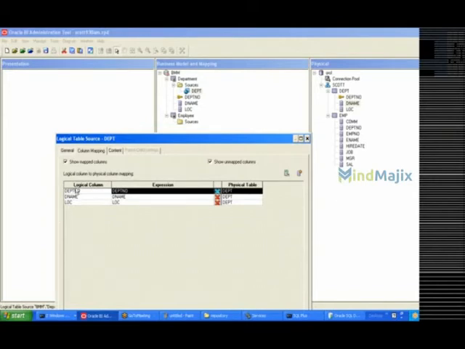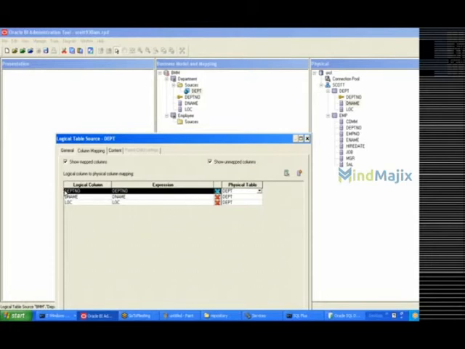So here I am able to see the logical column, which is department number, which refers to this column. This department number column is getting the data from this DEPT table, which means the physical table. So this column is mapped with this column, which is available in the physical layer.